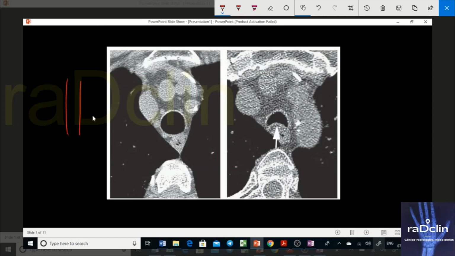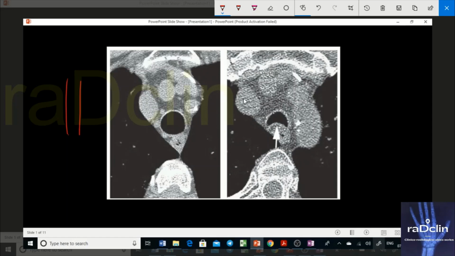Okay, another important point is what kind of symptoms the patient will have. The patient has obstruction. Now due to obstruction, what will happen? The accumulation of secretions is going to happen distal to this, and if there is an accumulation of collections distal to this, infections are going to start. So the patient will tell you that I have recurrent infections, and due to the recurrent infection and obstruction cycle, bronchiectasis is going to develop, but that is a different part. So what we need to know is that if there is a symptomatic patient with a collapsible trachea, then it is tracheomalacia. That's it.